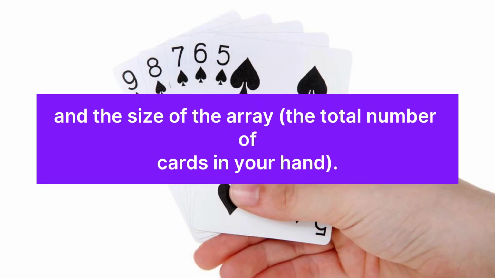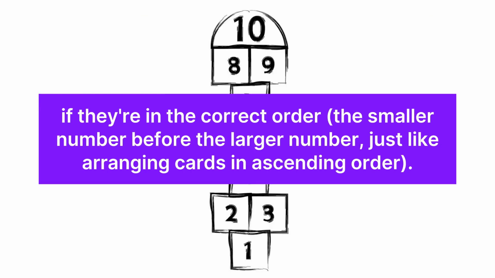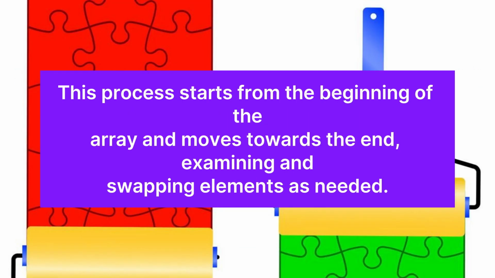cards in your hand. The sorter employs a classic sorting technique, where it looks at each pair of adjacent elements in the array and checks if they're in the correct order, the smaller number before the larger number, just like arranging cards in ascending order. If they're not in the correct order, the sorter swaps their positions, ensuring that the lower number comes before the higher number. This process starts from the beginning of the array and moves towards the end, examining and swapping elements